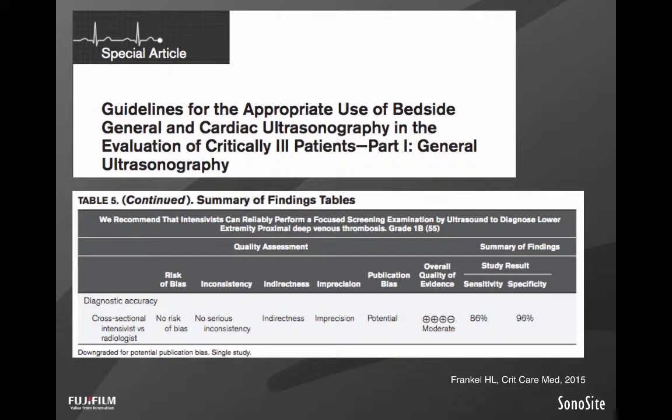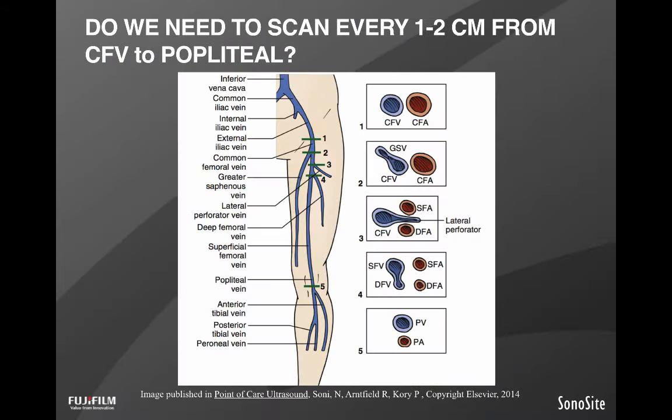And it's showed up recently in the critical care medicine guidelines for the appropriate use of bedside ultrasound. That recommendation that the appropriate use would be to exclude or to diagnose proximal deep venous thrombosis was largely based on that study. And so I'm pretty proud of that result. And again, I think it supports our approach. So beyond the fact that we can do it, that we should do it, and that these are high incidence pathologies in the ICU, the other question, which I partially answered as I reviewed some of the literature,